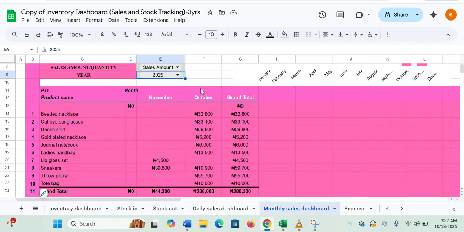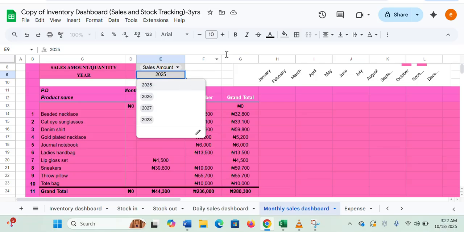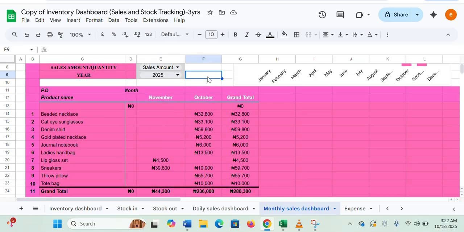So let's say, for example, next year you use this particular spreadsheet, you can look into it again. This tells you how you are doing yearly as a business owner. Do you understand? And it is expected that the latter end of your business is greater than the former, but you really need to know so that you are not slacking and you are not just assuming things. So yes,